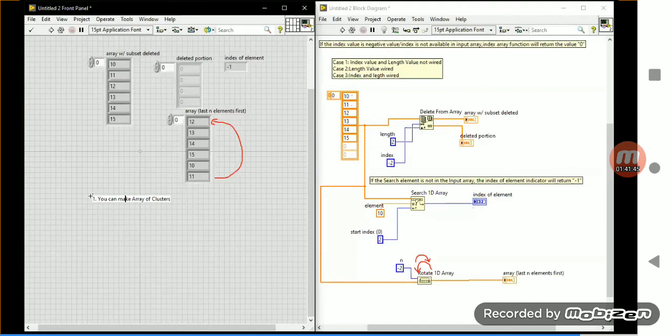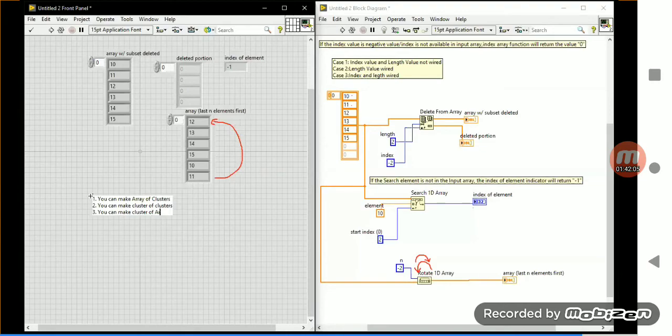The second one, you can make a cluster of cluster. The third one, you can make a cluster of array.